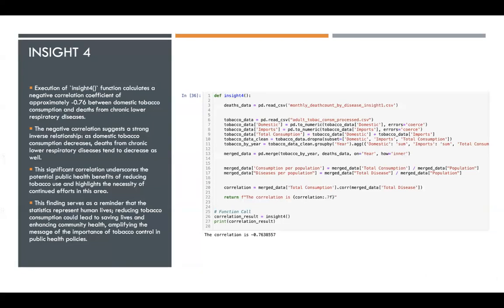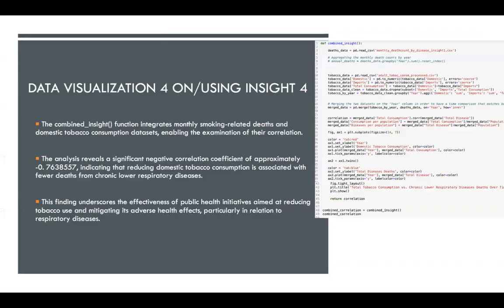Moreover, delving into my fourth insight, I analyzed the link between tobacco use and respiratory disease mortality by retrieving a negative correlation of negative 0.76, which indicates that lower tobacco consumption is associated with fewer deaths from chronic respiratory conditions. After delving into the data, I created a combined insight function that merged my data sets, and this also showed that reducing tobacco consumption can lead to a meaningful decrease in respiratory-related deaths, which highlights the impact of public health